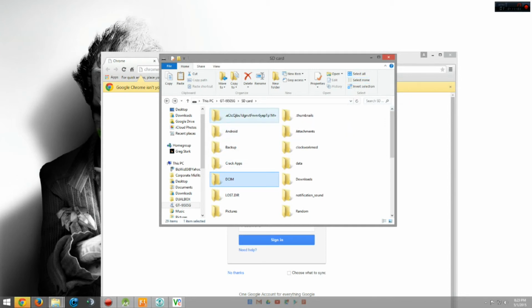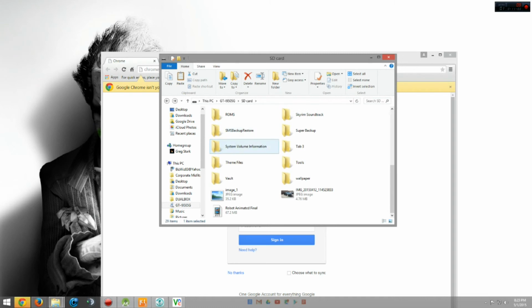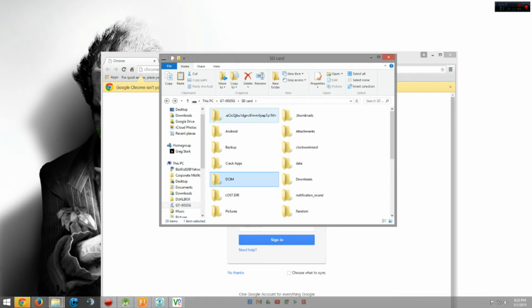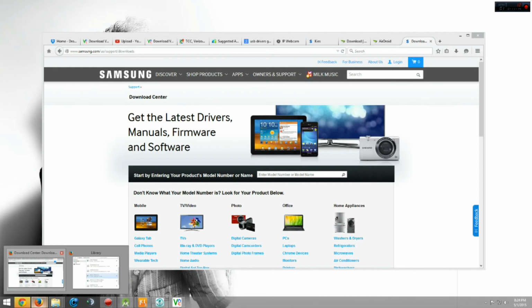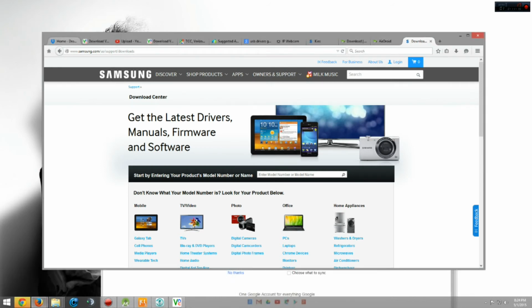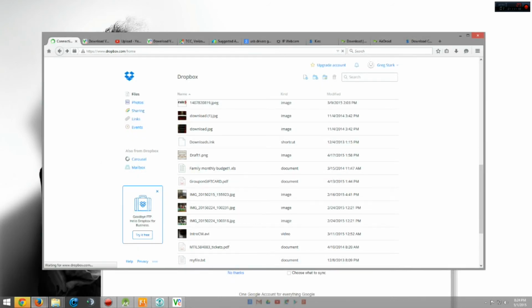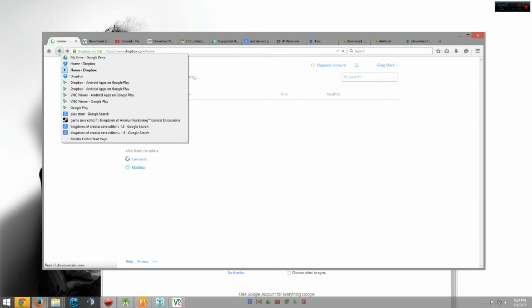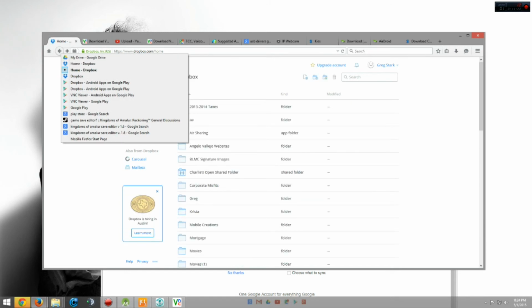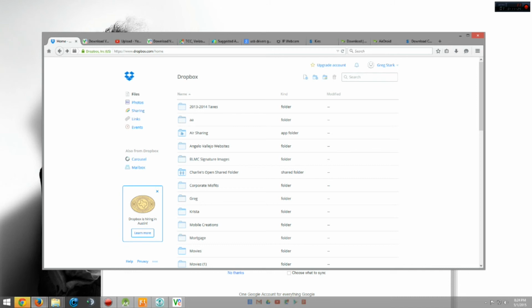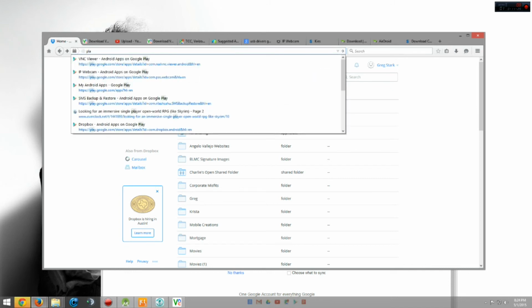The last one I'm going to show you is just a utility app. You see here how I'm able to just browse these files, and it's really like they're all organized in a nice file system. Well, you actually have a file manager built into your Android device as well. It's not very pretty. It's called My Files. You can find it in your app drawer, but it isn't as good as the one I'm about to show you. So if we go to the Play Store,